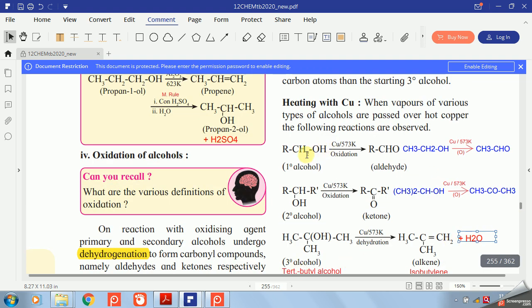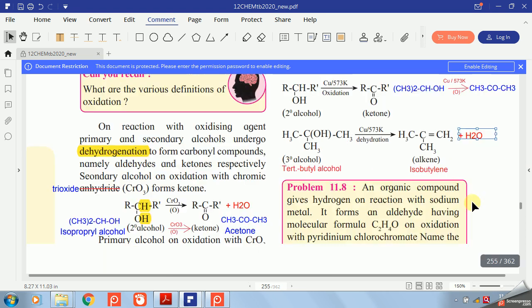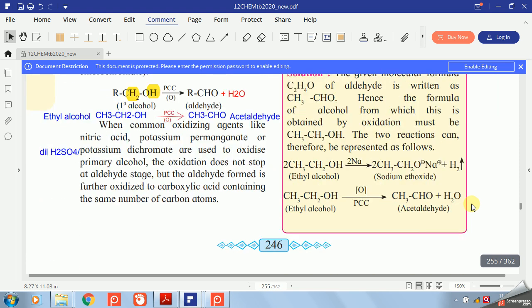This reagent can also react with primary alcohol and secondary alcohol. So again the same is the result. The primary alcohol gives acetaldehyde, isopropyl alcohol gives dimethyl ketone. Then